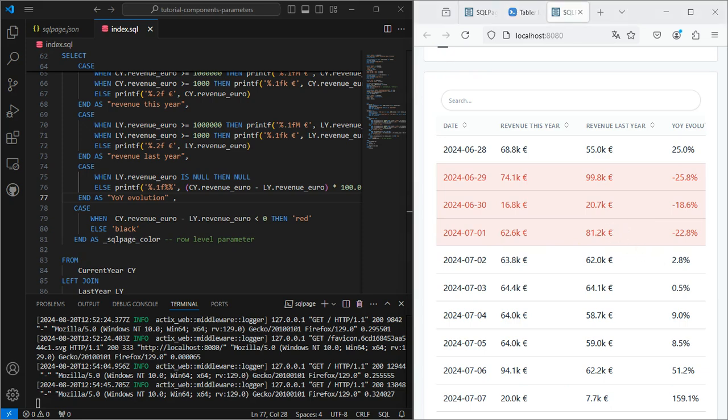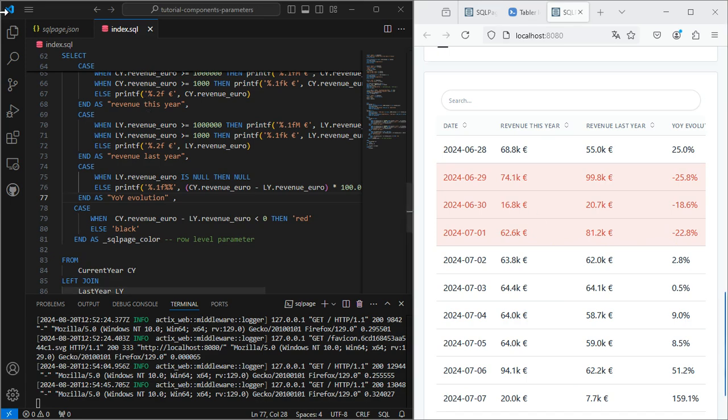We saw components to display data. Let's now use other types of components, which work in the same way with top-level parameters and row-level parameters, but which allow you to personalize the page. And make sure to check the documentation to understand what these components do and what their parameters are.